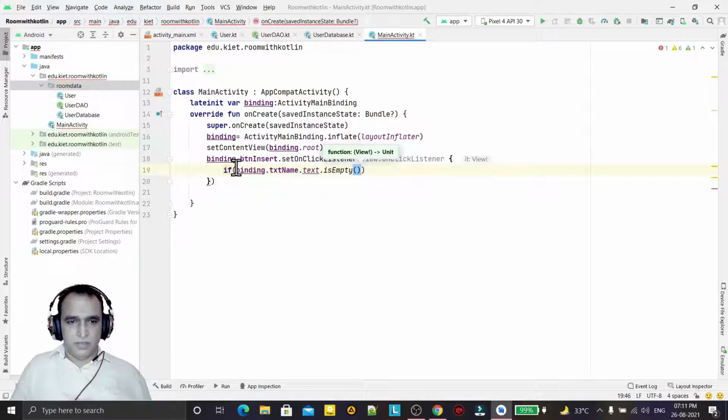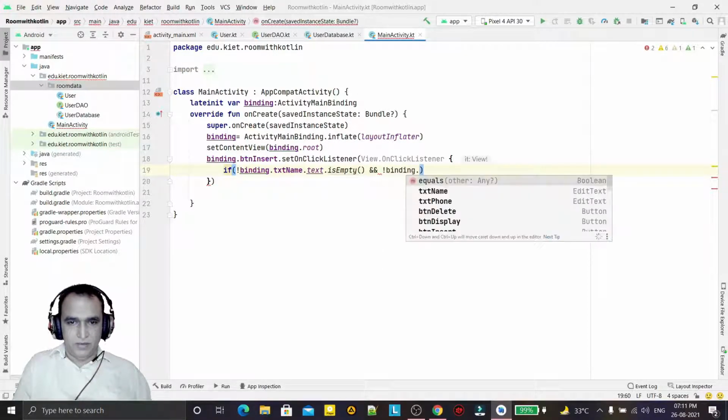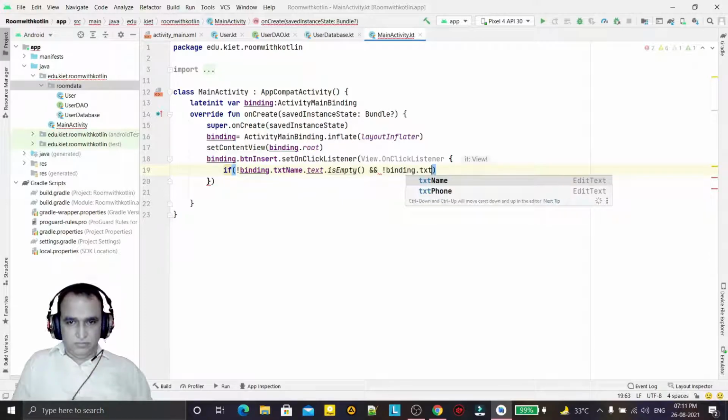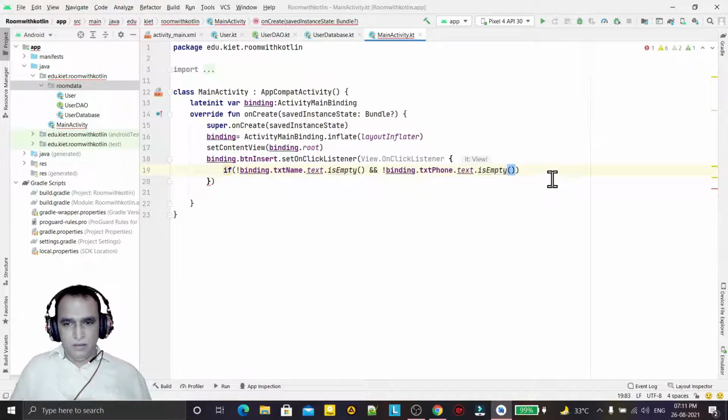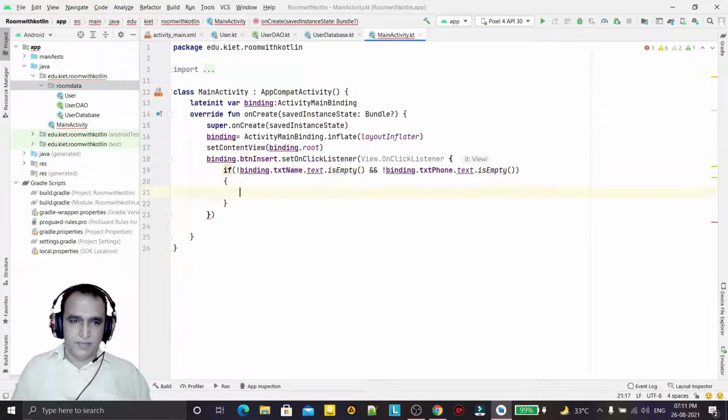If it is not empty, and if binding.txtFont.text is not empty, then we will insert the record. If it is empty, we will give the warning that please insert the value first,